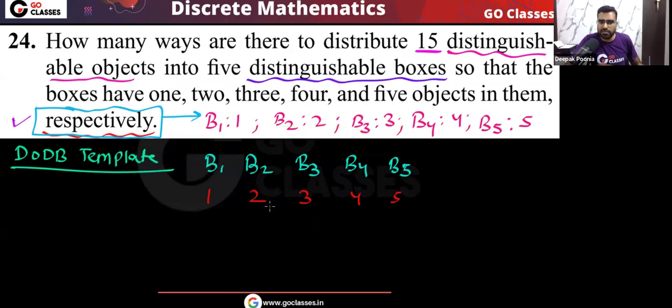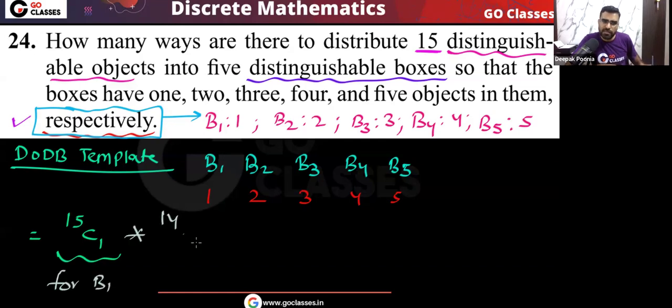This is a DODB template. So what will be the answer? You can just apply the product rule with combination. There are a total of 15 elements. From them I will choose 1 element and put it in the box B1, because the 15 elements are different elements. So this is for B1.